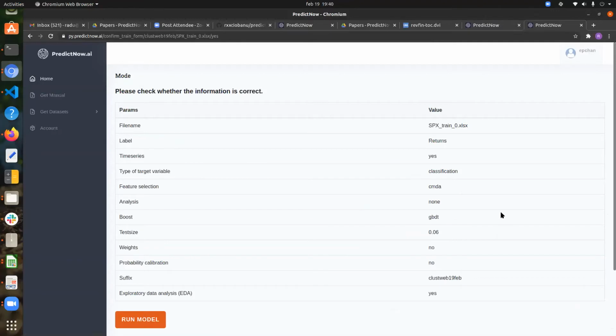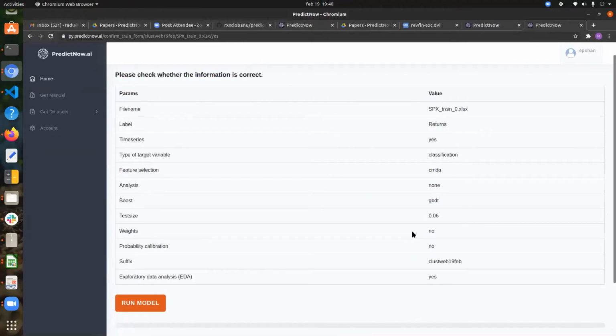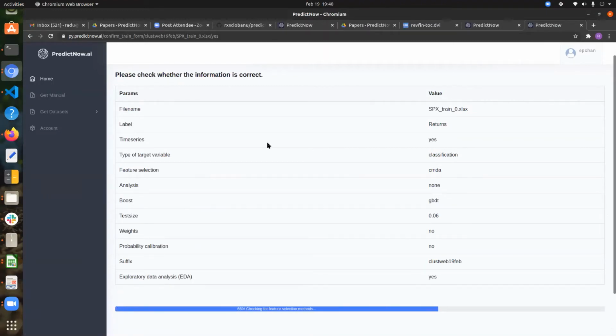Okay. So once you are satisfied with it, then you can click on Run Model. And you see here that now it's performing the cluster MDA step. Okay. Now, once you have obtained the results,